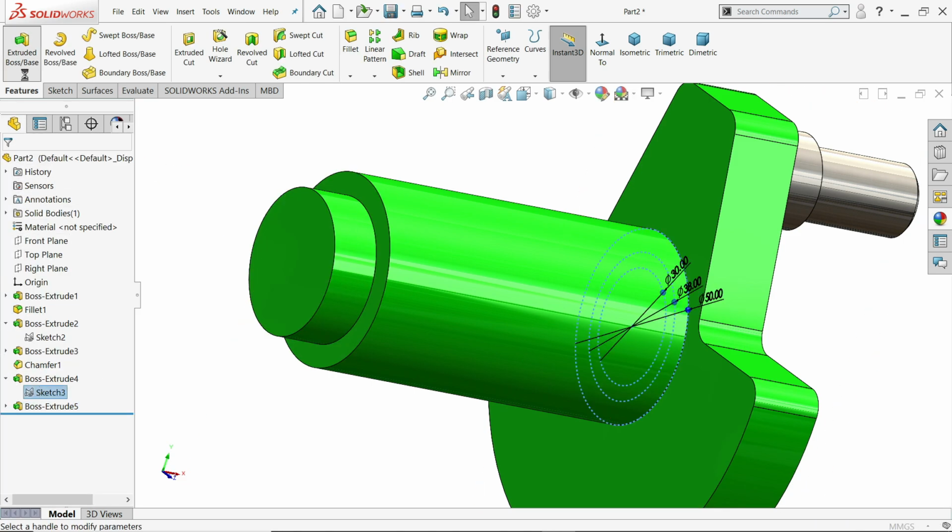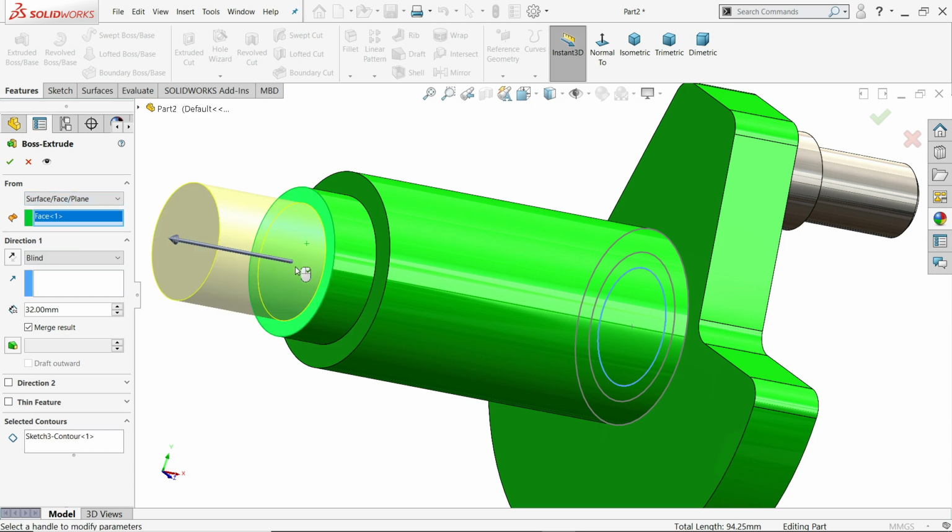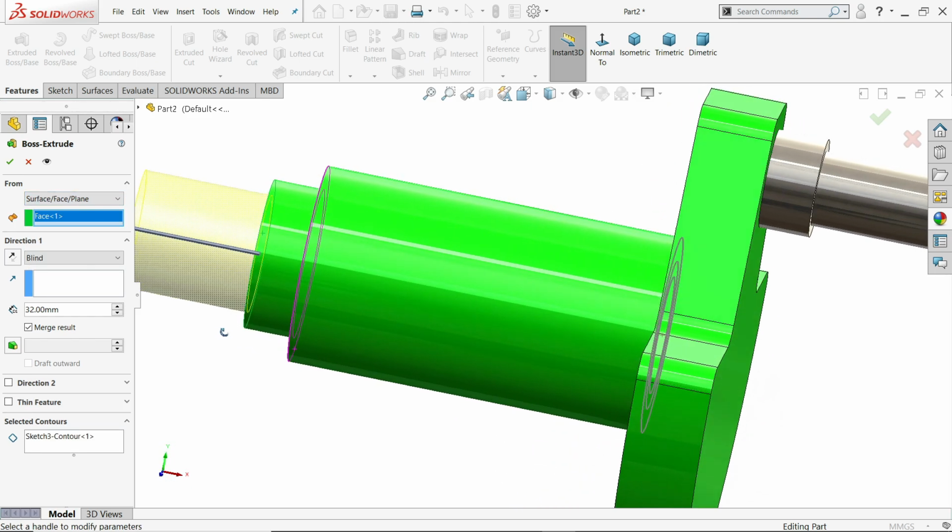Choose same sketch, extrude, clear, and select inside or the last circle. Length 32 millimeter. And from this surface, see how it's going to move.